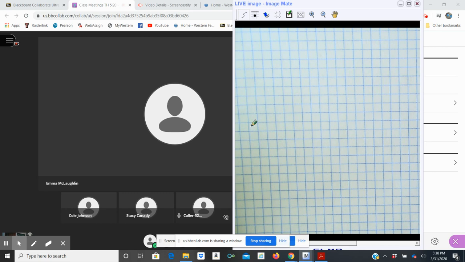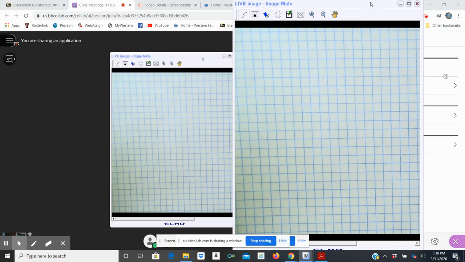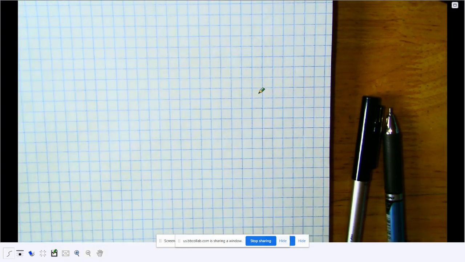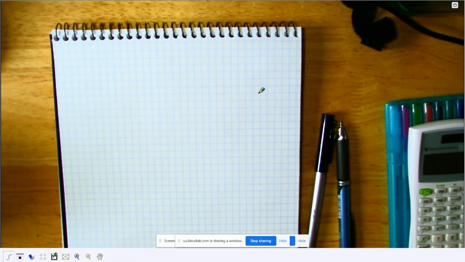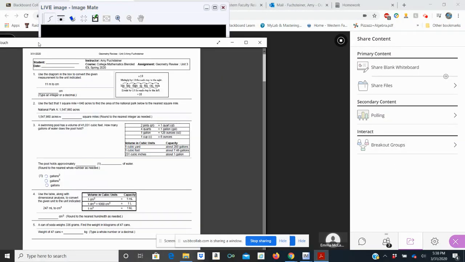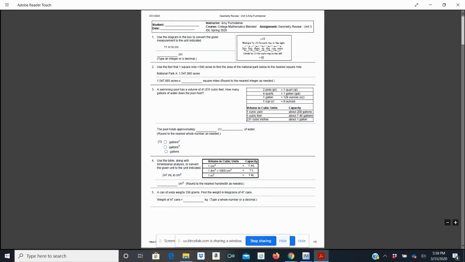Okay, let's see if this shares. All right. Didn't work the way I wanted, but that's okay. We're still gonna make her work. I do need to see my file though. Okay. So,